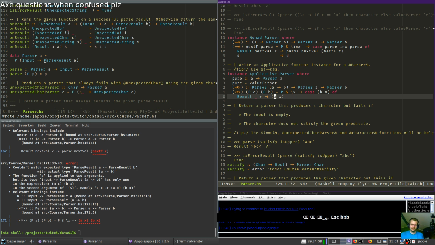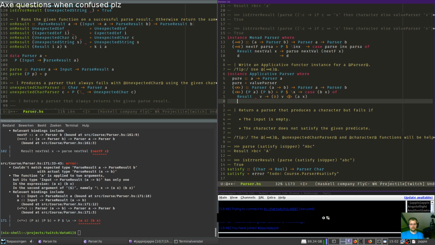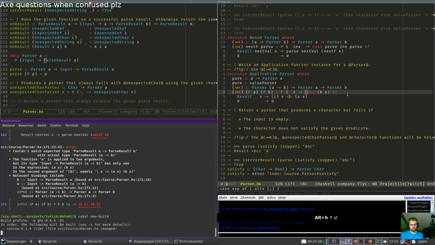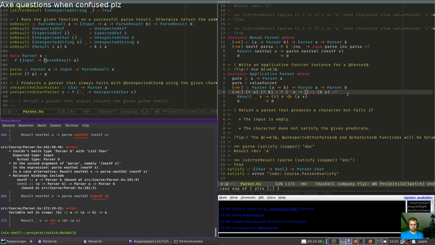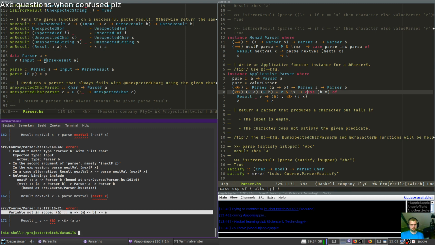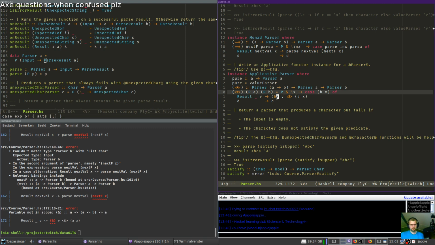Then we can do this. How about this? Now you're a parse result. And in case of error, you do nothing. But you don't have that. That's annoying. Figured out the right type though. That's nice. Do it by hand. Fine.